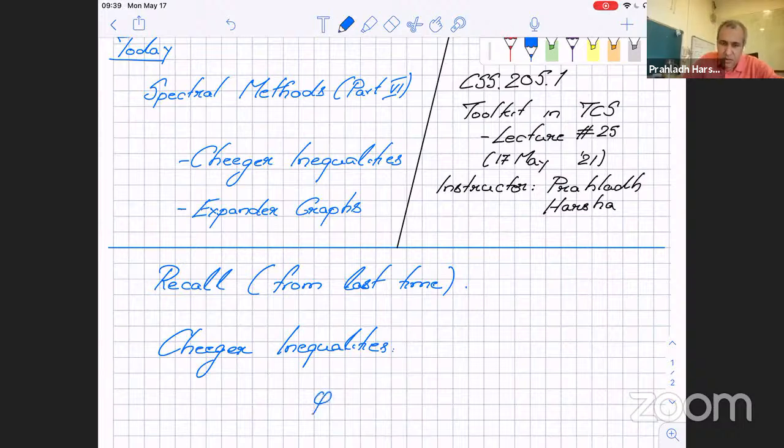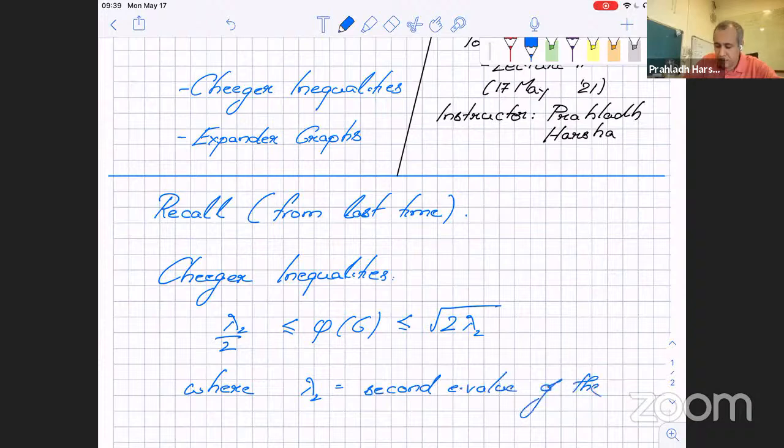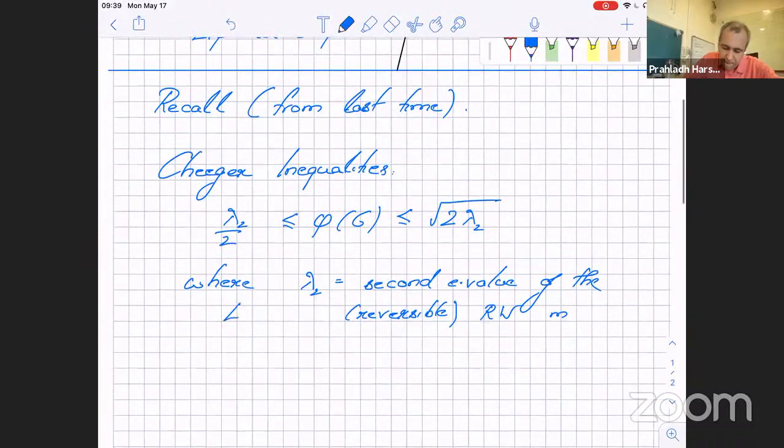in which we are bounding the conductance of a graph. We're both upper and lower bounding. We're saying it is upper bounded by 2 lambda 2, lower bounded by lambda 2 by 2, where lambda 2 is the second eigenvalue of the reversible random walk matrix, of the Laplacian of the random walk matrix,